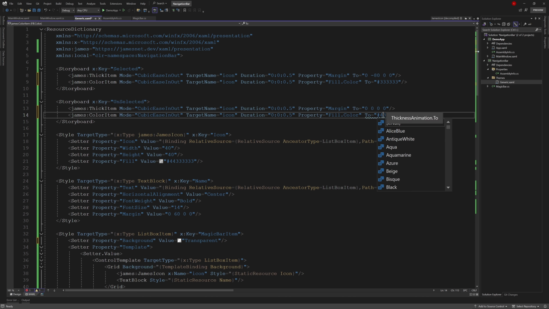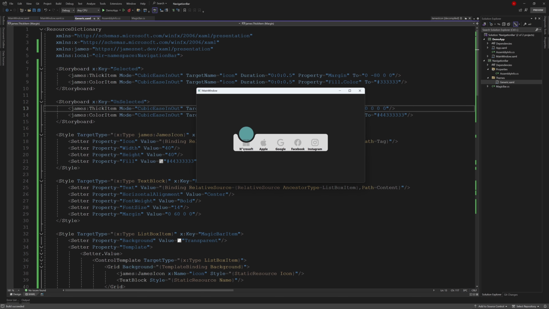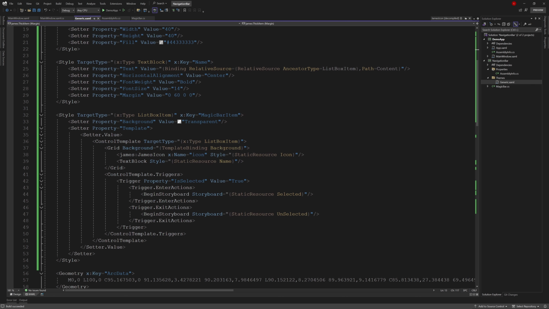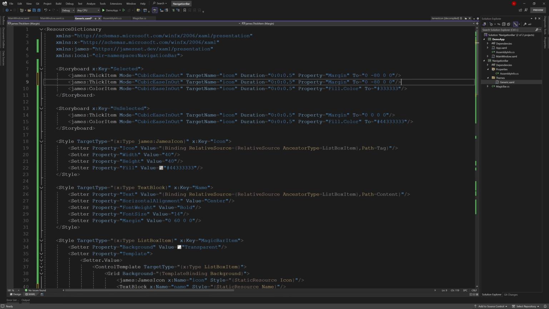Just change the color. Okay, now for the text animation part. First, we set an x:Name. Then copy the icon part. Change the name. And set the movement distance.